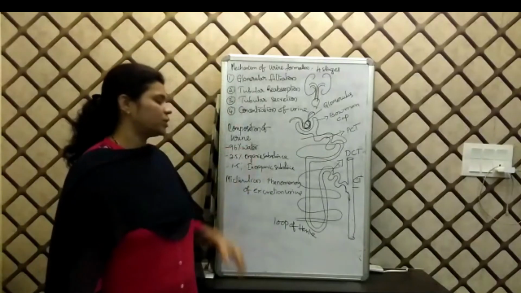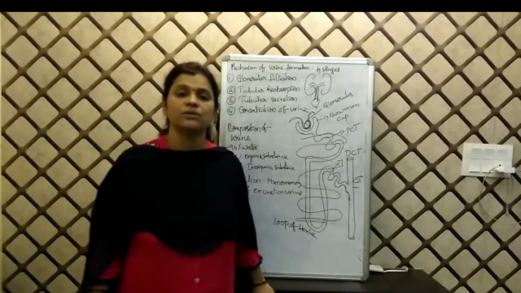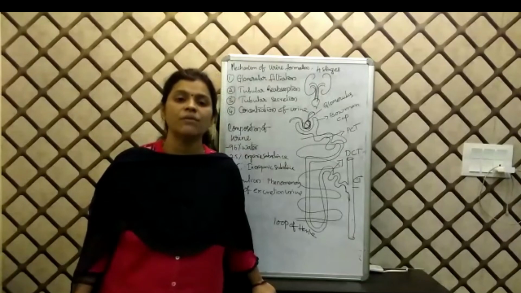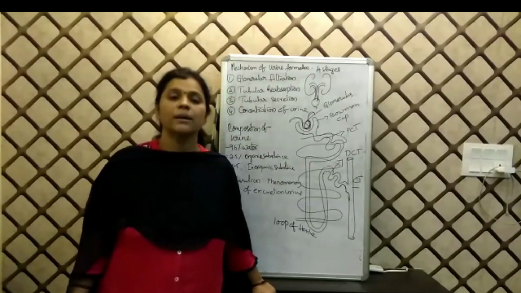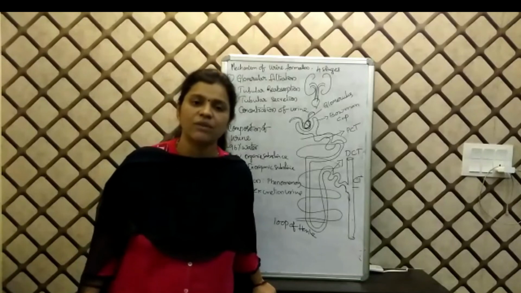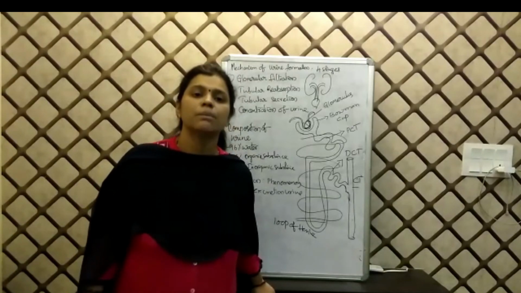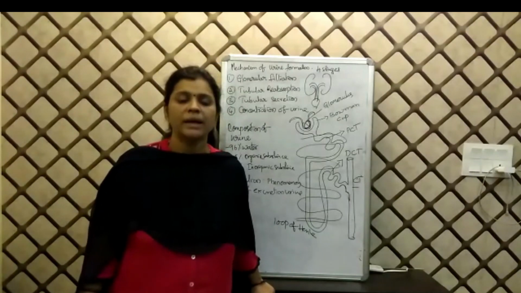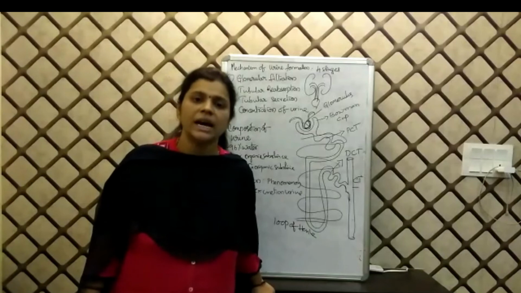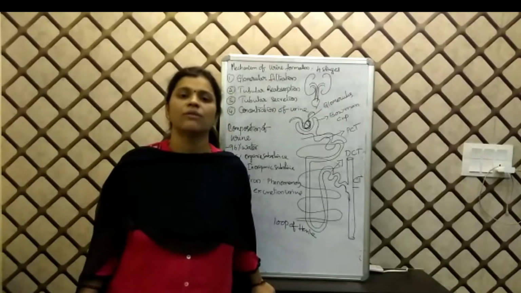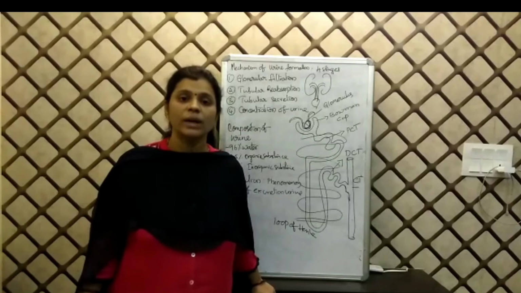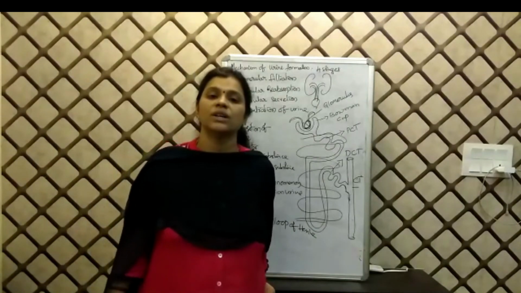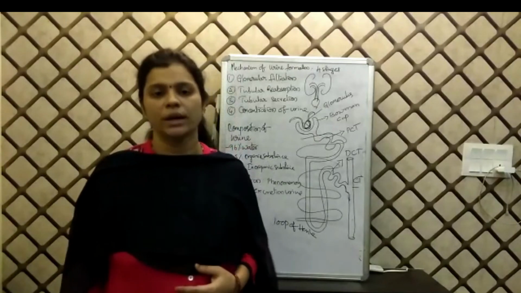So, this is the composition. And if you see the color of urine which is formed, the color of urine is amber due to the presence of urochrome. And the pH of urine which is excreted from our body is around 6.0. That is, it is acidic. Initially we excrete acidic urine. But later when it is left like that, it turns basic due to conversion of urea into ammonia.